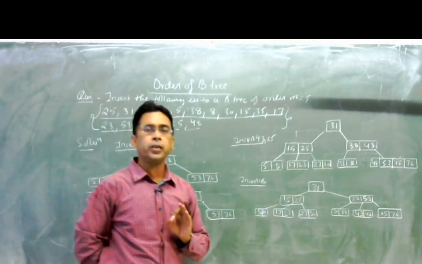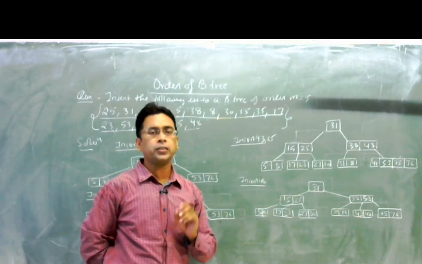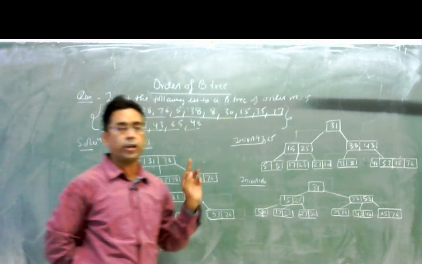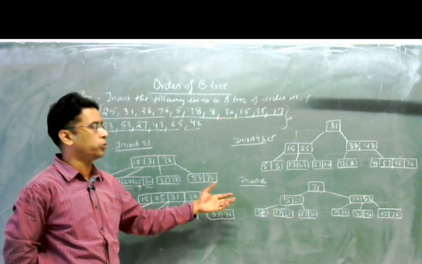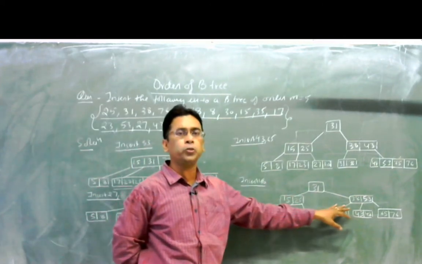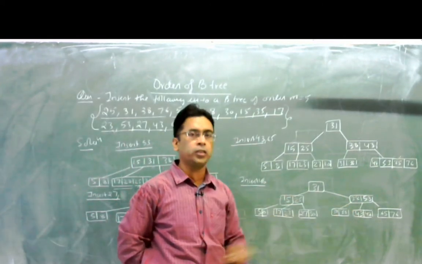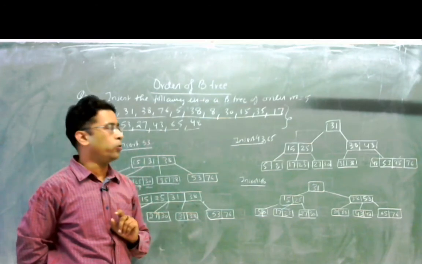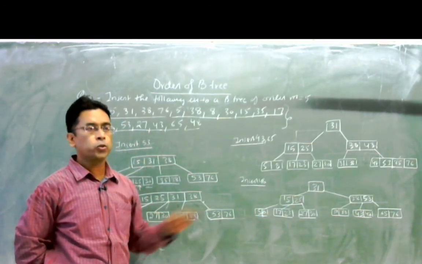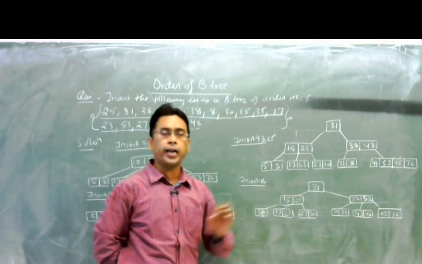For the time being, this tree will defy some rules of the B tree, and this is a very unique question. You will get different solutions, but this will be the final position after inserting all the elements, and this will now be a stable B tree. So that will be the stable state for the time being.